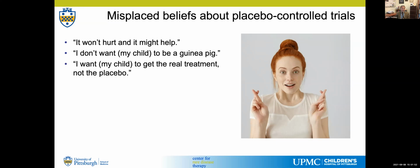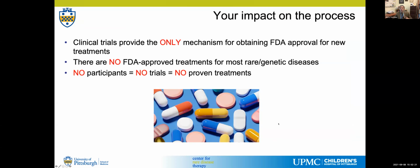The last statement, that I want my child, or I want to get the real treatment, not the placebo. That's kind of like that first bullet. We don't know what the real treatment is. We don't know whether this experimental drug is going to be better. We hope it won't be worse, but it might not be any better at all, in which case it's going to be exactly the same as the placebo. And so if you can't get over that,